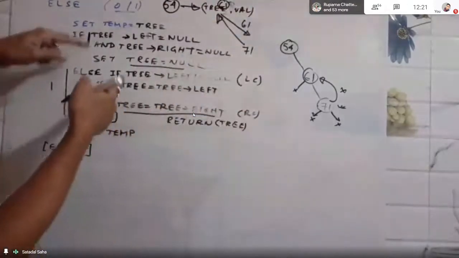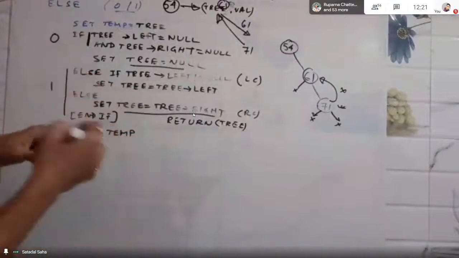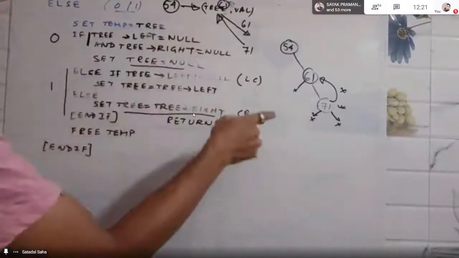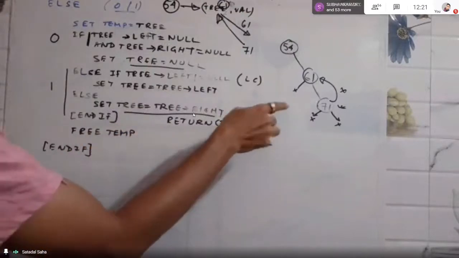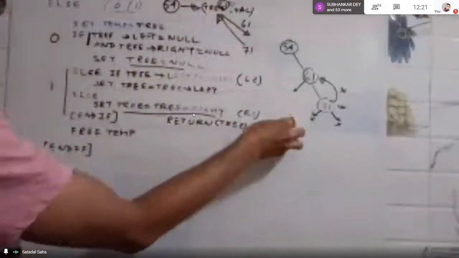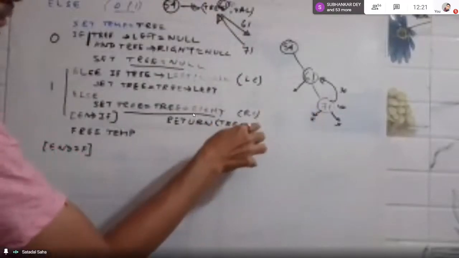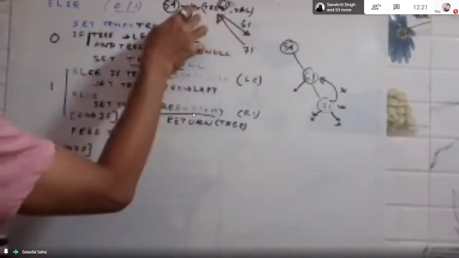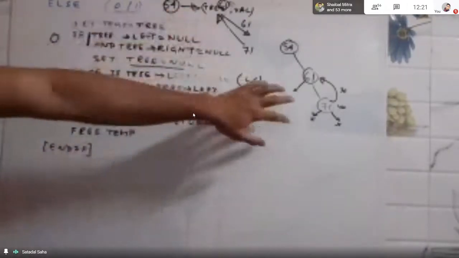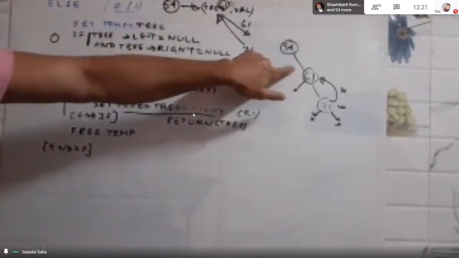Next one. By executing one of these two lines, we are actually dereferencing. That means in this case we are assigning t equal to 3, right? Whatever was 3 is replaced by 3, that is 71. T of n was the right child of 61. So when it returns n by 2, it is returning the total node address, along with a equal to 3, b equal to 2, k equal to 1, and p equal to 0.